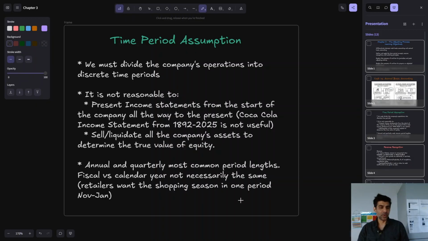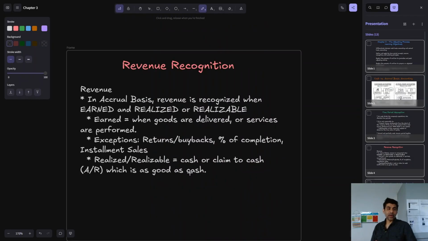But it's still going to be every 3 months, just offset from the calendar year a little bit. So a lot of retailers do that. Okay, so just a reminder, revenue recognition. Under our accrual system, we're going to recognize revenue when it's earned. So either when you provide the service, or if you're a retailer, when you sell the item, and when that